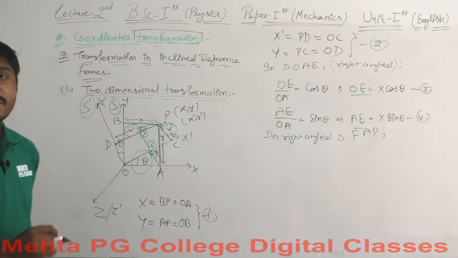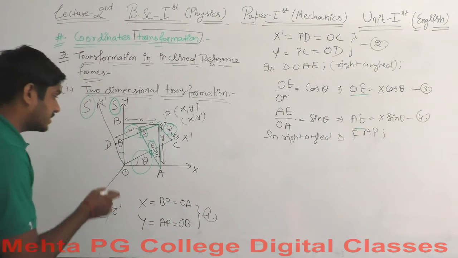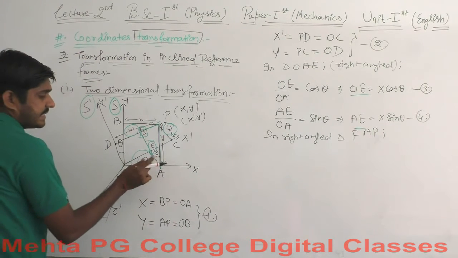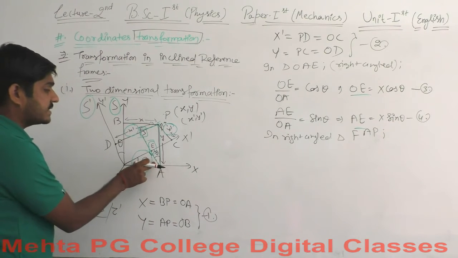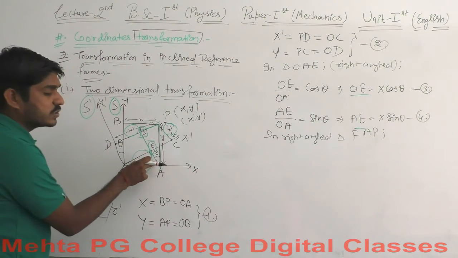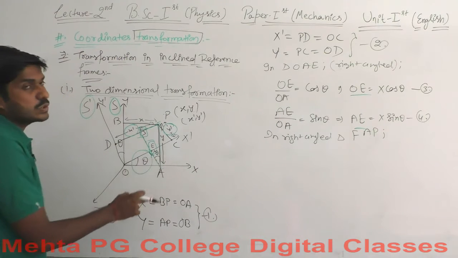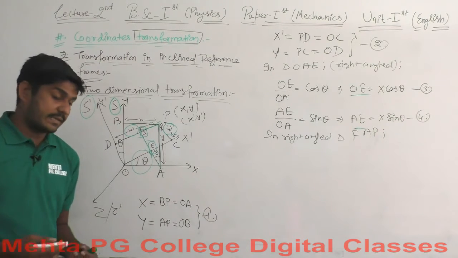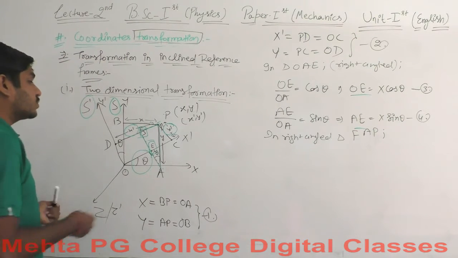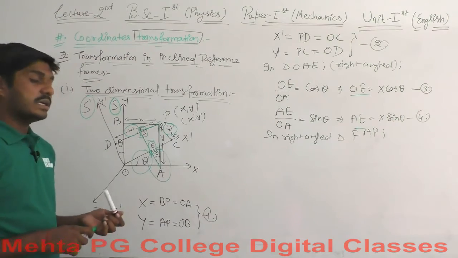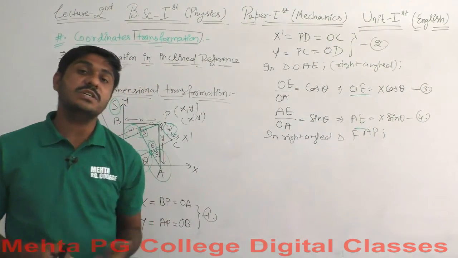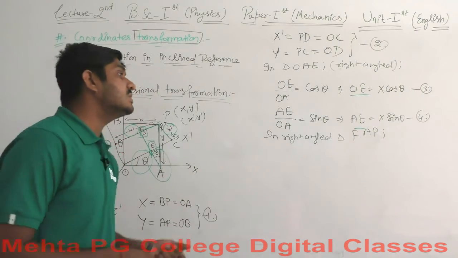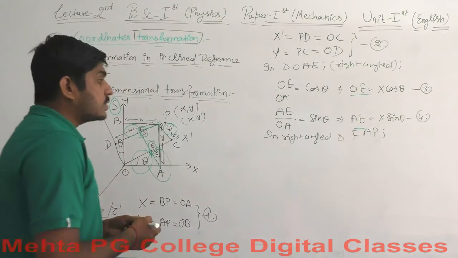Why does this angle become equal to theta? Because this angle and this angle must add up to 90 degrees. Subtracting theta from 90 degrees, what will this angle equal? This will equal theta again. So this angle will again be theta. There is one more equation that remains for the triangle OAE. You can get this from your textbook.